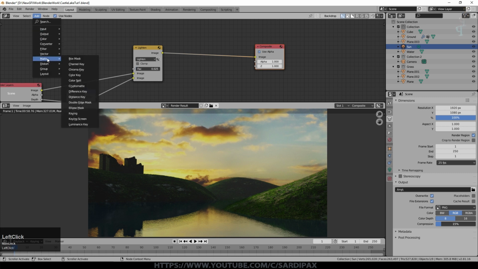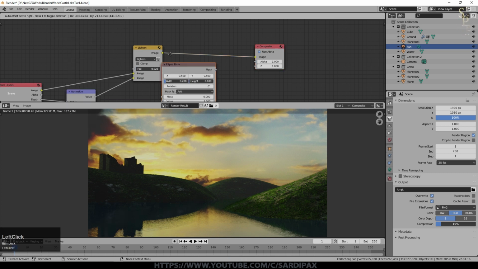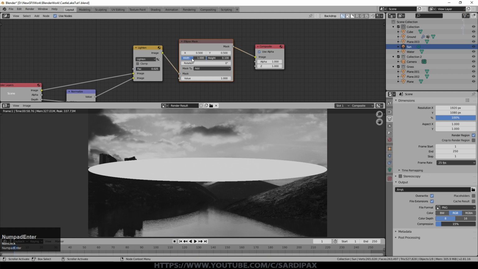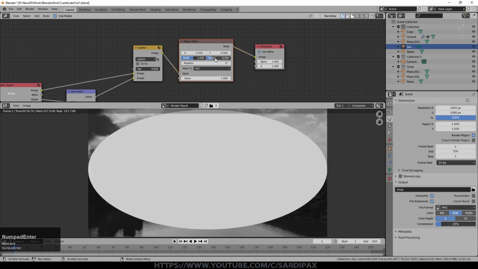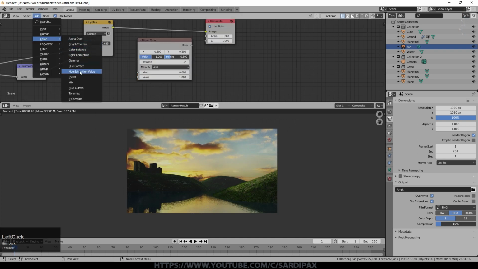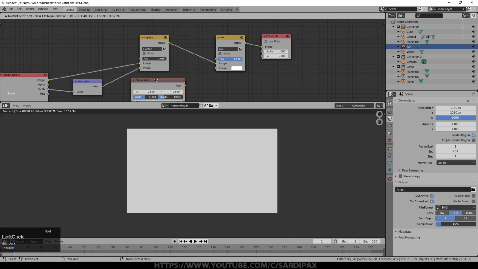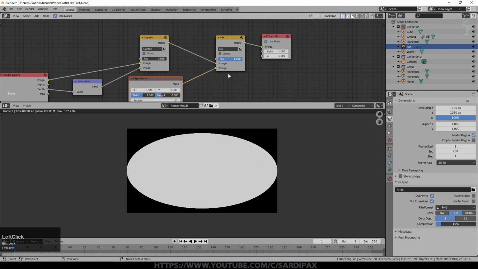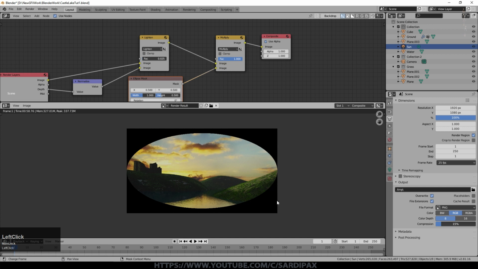Let's add a matte, which is an ellipse mask. Set the width to 1 and initially the height 0.5. That's fine, I think. Put our image back in. We'll add another color mix node. Drop that in there. We will put our ellipse mask into one side of the color mix node, and we'll change the node to multiply. Now you can see what we're getting there.